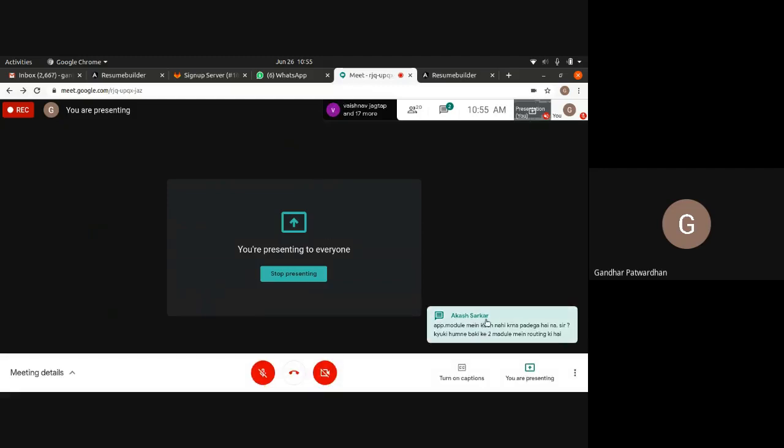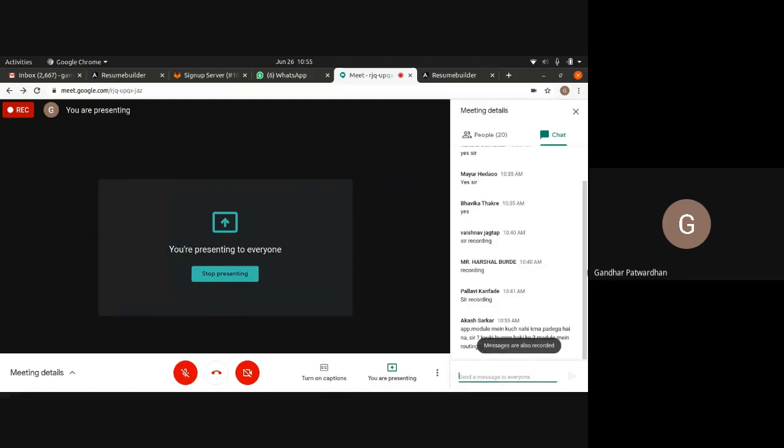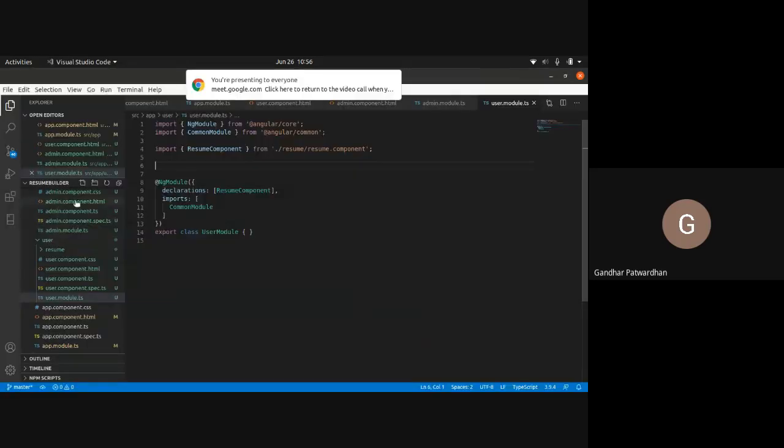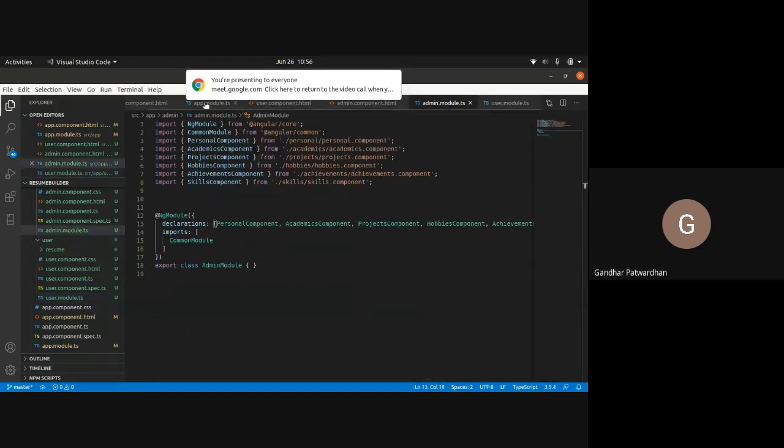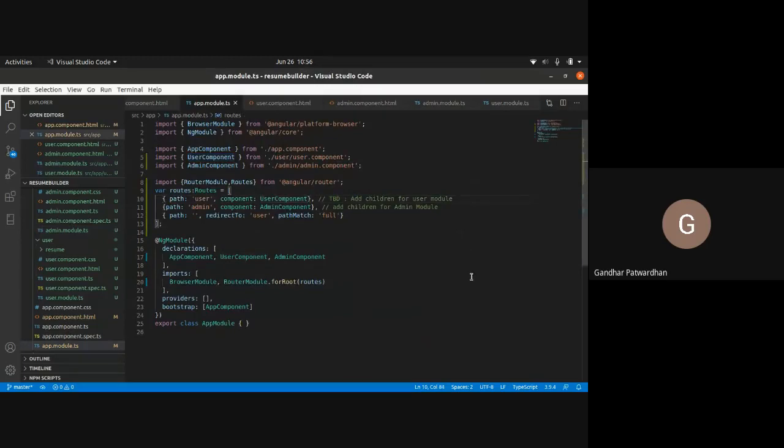ऐप मॉड्यूल में कुछ नहीं करना पड़ेगा क्योंकि हमें बाकी दो मॉड्यूल में राउटिंग की है। नहीं, उनमें तो राउटिंग की है, ऐप में चिल्ड्रन ऐड करने पड़ेंगे जो मैंने यहाँ लिखा है। आ गया ऐप, राइट? क्योंकि यहाँ होगा तो उसका पाथ कैसे आएगा, यूजर स्लैश जो भी पाथ दे रहे हो, यहाँ पर एडमिन स्लैश स्किल्स, एडमिन स्लैश पर्सनल, एडमिन स्लैश ये, तो यू विल हैव टू ऐड चिल्ड्रन हियर। चाइल्ड रूट्स हमने जैसे करे थे, लेजी लोडिंग, सर मैंने एक न्यू प्रोजेक्ट बनाया एंगुलर का, उसमें ऐप में एक न्यू फाइल आ गई, app-routing.module.ts। तुमने राउटिंग को यस किया इसलिए, ठीक है, तो राउटिंग में लिख लेना, कोई फर्क नहीं पड़ता है, वो मॉड्यूल को मॉड्यूल में इंपोर्ट करता है, राउटिंग मॉड्यूल को।